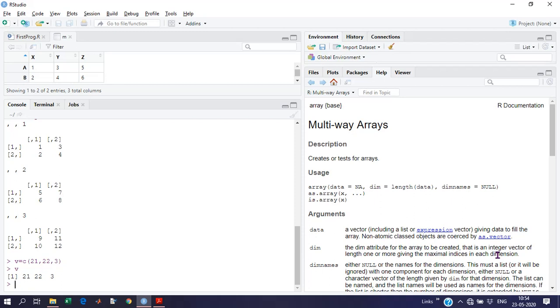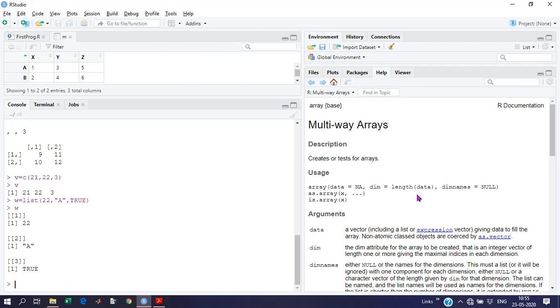In that case I will use w equal to list. List will not be bothered about the data type of the variable. It will store it as it is.